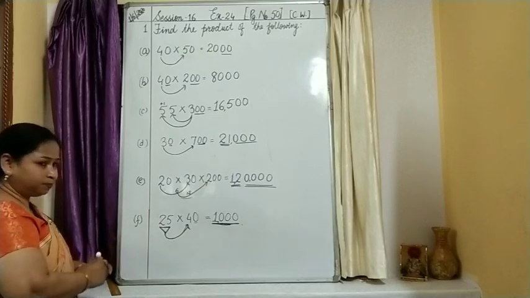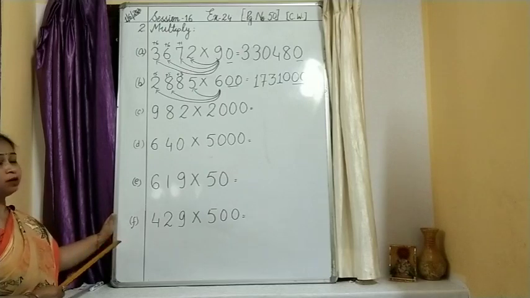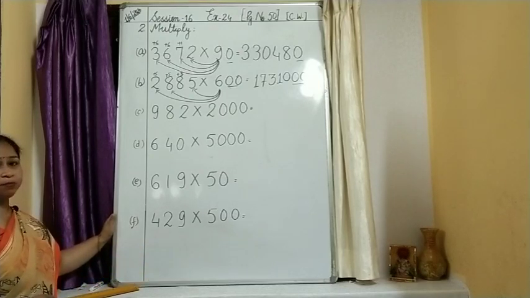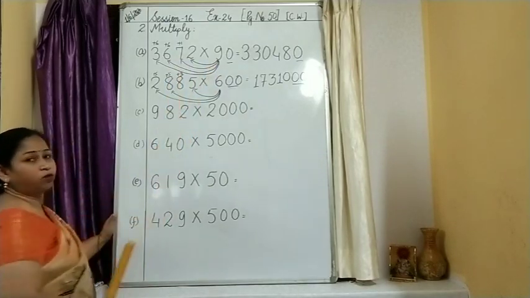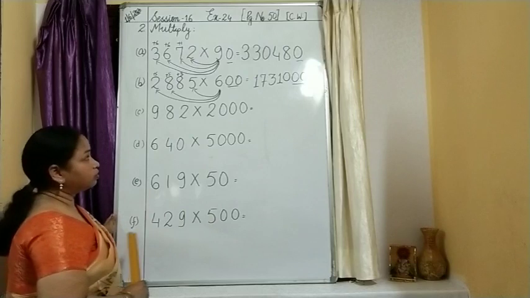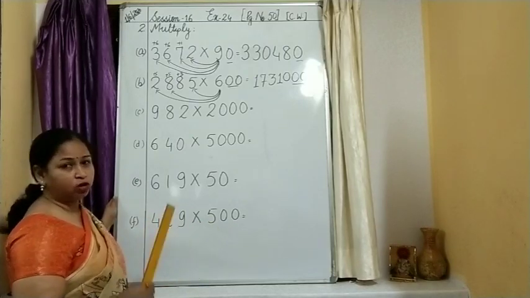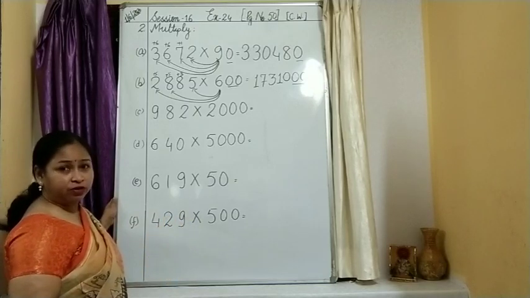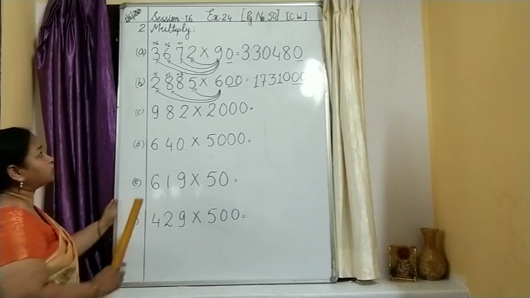Ready for the next question? Again I am ready with the second question. As you can see, the second question is multiply. You have got big numbers to multiply, and you can see some arrows I have already drawn. What are these arrows? To make your work simpler, I am using tricks and small tips so that your multiplication or division will become very easy. Let us see how I have done the first question.